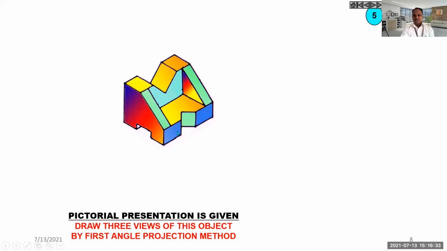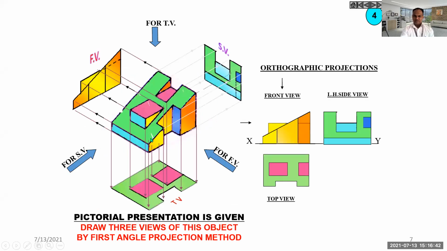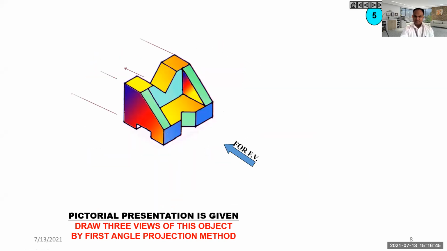Now in this case, this bluish portion will be seen and this line will be dotted. That we have to remember. So what we'll see one by one. This portion is visible, this M-shaped portion is visible, and this is visible, this is visible, this is visible, this triangular portion is visible, but it will be visible only as two edges, and this in between edge has been shown here.